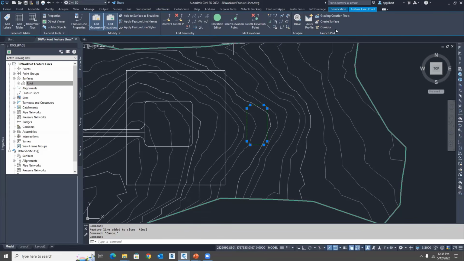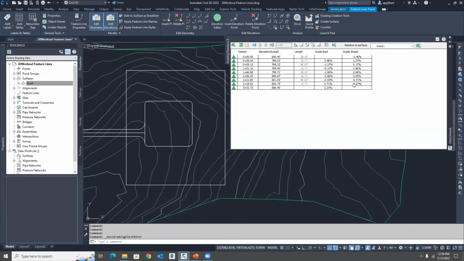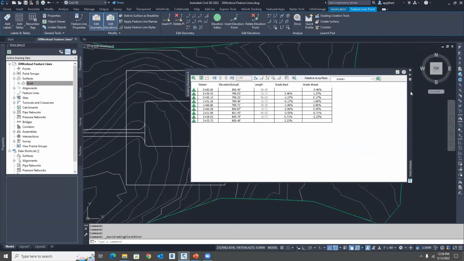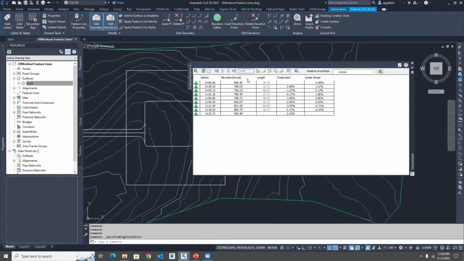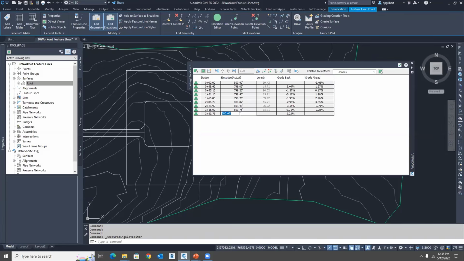ribbon pops up. And I'm going to jump up here to the elevation editor. This is a table view where I can see all the elevations that it assigned to this particular feature line. So I'm looking at, okay, based on this, what elevation would I choose for this top of the pond? So I make a decision, let's say, and the great thing about this command is I can also make edits here and I can make bulk edits. So I'm going to use the shift key to select all the elevations, click on one of the fields, and